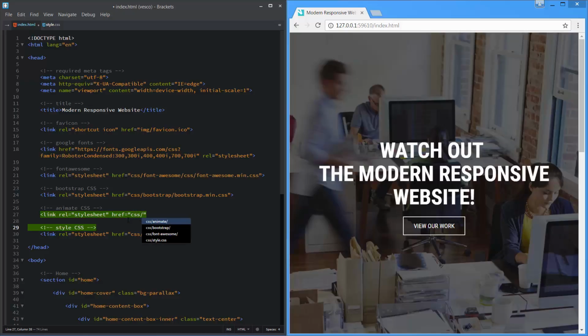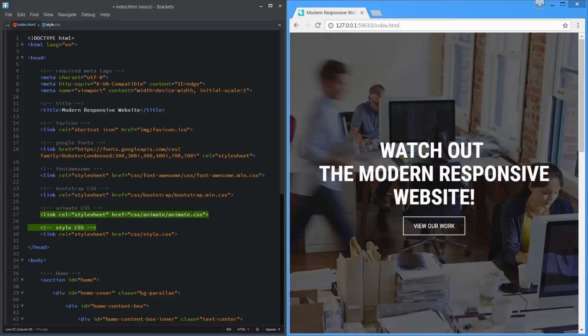I'll write css, and inside the CSS folder I have the animate folder, and inside the animate folder I have the animate.css file. Okay, we just added the animate.css file to our VSCO project,